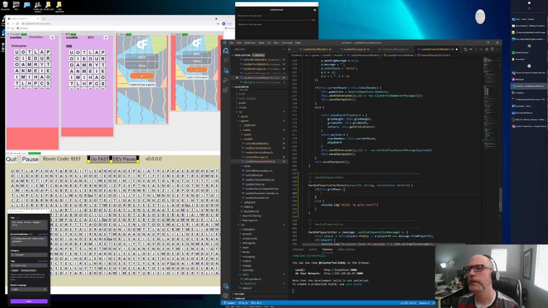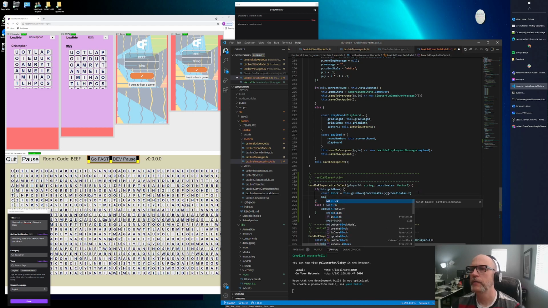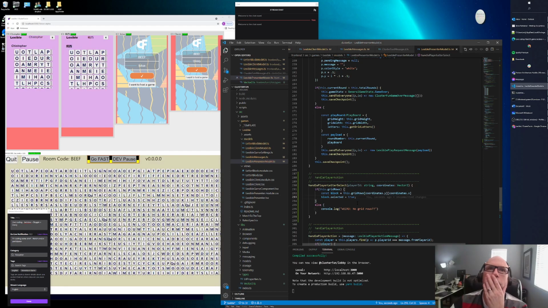Okay, we say the block that we want is equal to this dot grid rows coordinates dot y, and we get back another thing, and we'll say coordinates dot x. There we go. Now we can say block dot isSelected is true. Okay, so now yeah, I can already see a problem. All right, this should and we are not